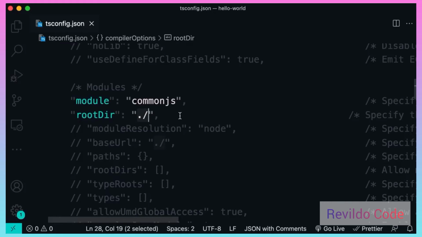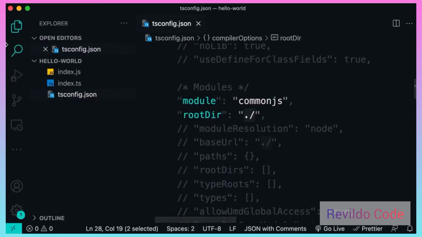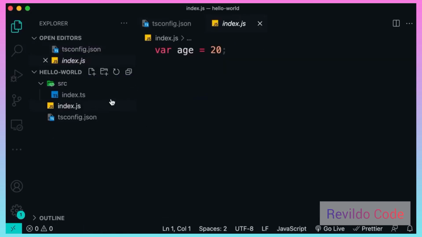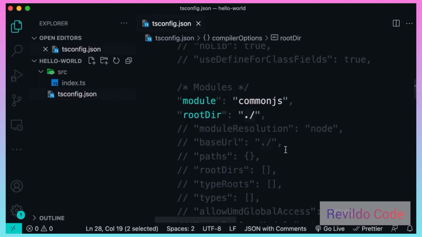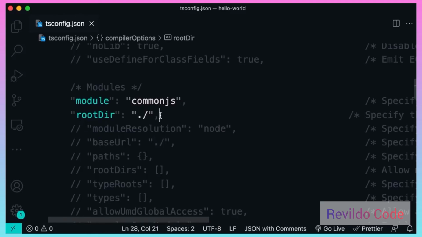Now, by convention, we often put our source code into a separate folder. So back to our project panel, let's create a new folder here called src, and then move index.ts right here. Okay. Now I'm going to delete index.js. We don't need it for now. Okay. So now we're going to change rootDir to